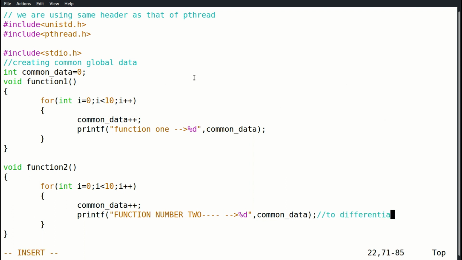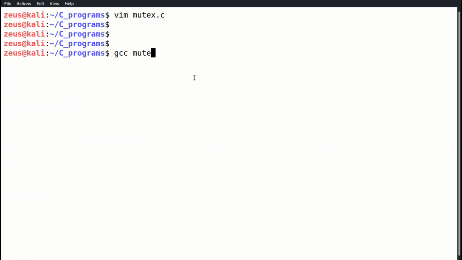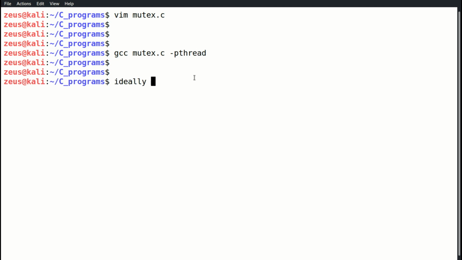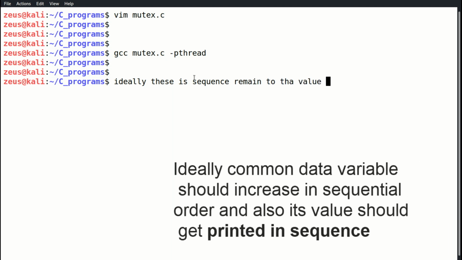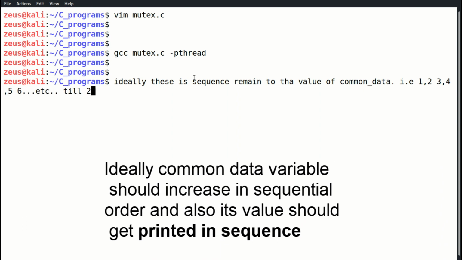It's very easy: in both cases we are using a for loop to keep adding to the data by one, incrementing the data. So ideally there should be a sequence printed, like 1 2 3 4 5 6 7 8 9 10 till 20.